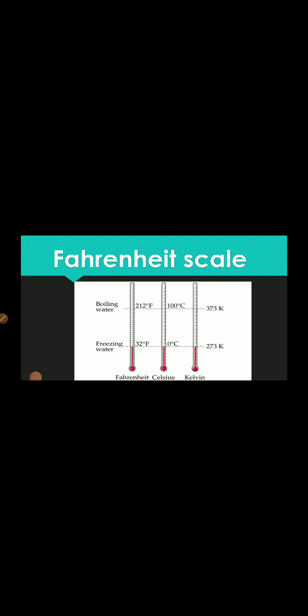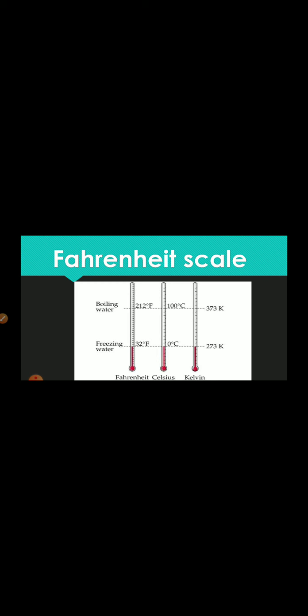Now students, I will discuss the Fahrenheit scale. This scale was designed by the German physicist Daniel Gabriel Fahrenheit. From his name, this scale was named. The lower fixed point of this temperature scale is 32 degrees Fahrenheit. That is the freezing point of water. That means at that temperature water freezes. And the upper fixed point is 212 degrees Fahrenheit. That is the boiling point of water. Right, students? So at 212 degrees Fahrenheit,